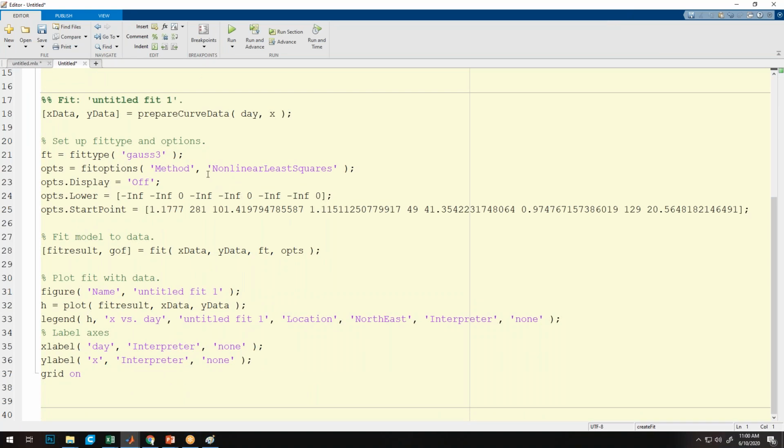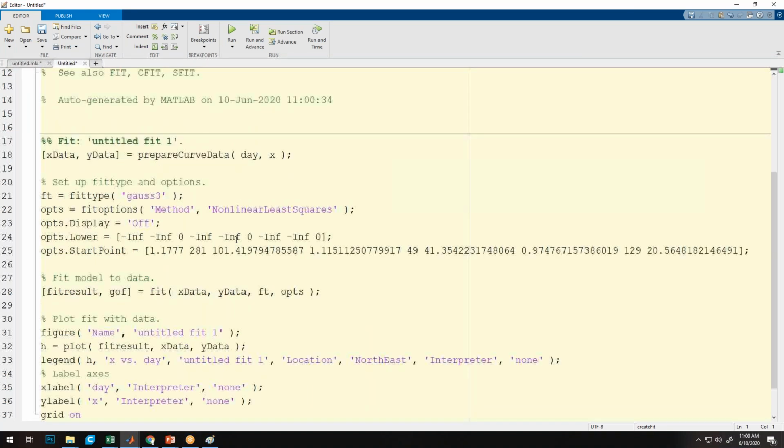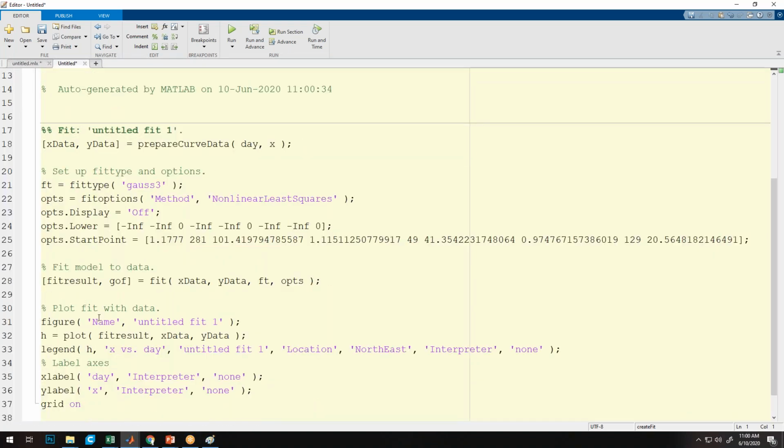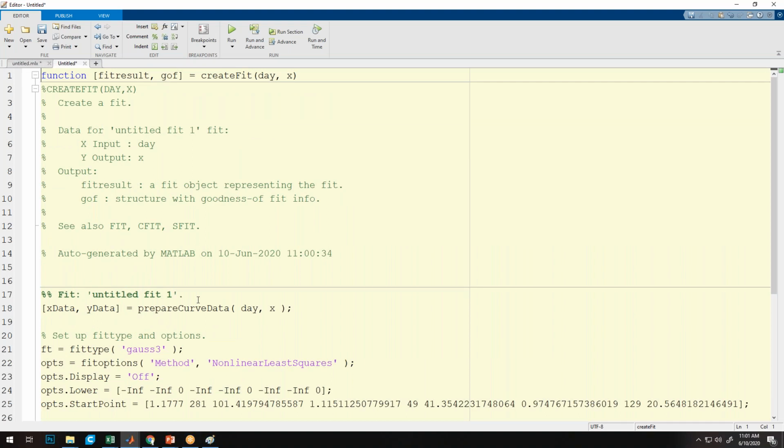Okay, type gauss fit. Fit result. 1 minute. X data, Y data. Fit result. Okay, sorry, my mistake. I hadn't noticed that feature.